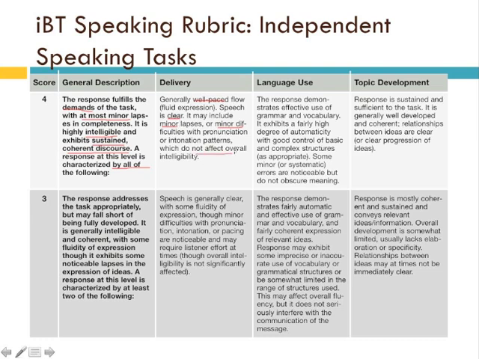But they do not affect your ability to be understood. That's what intelligibility means, that someone can understand you. It demonstrates effective use of grammar and vocabulary, and it exhibits a fairly high degree of automaticity. Automaticity means basically that you can speak of these things in groups or chunks without really